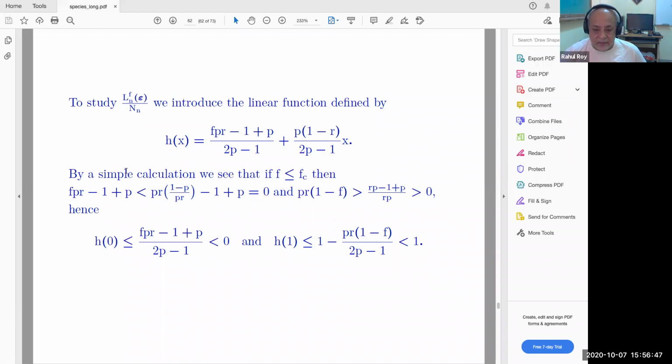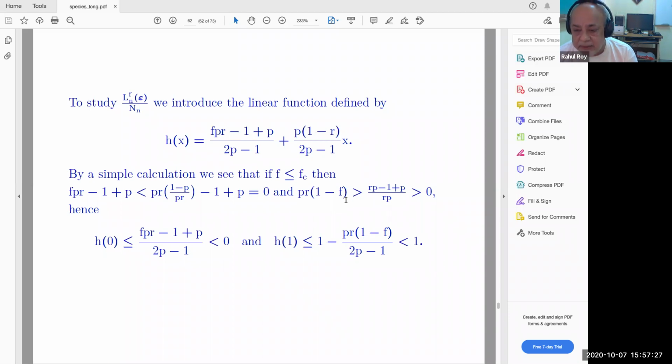That's exactly what I get here from this calculation. And when x is 1, then the speed over 1 minus, well, when we compute this, you'll see that it becomes bigger than 0. Sorry: PR times, when x equals 1, h of 1 is 1 minus this quantity. This is an equality. And PR times 1 minus f, the numerator here, because f is smaller than fc, therefore